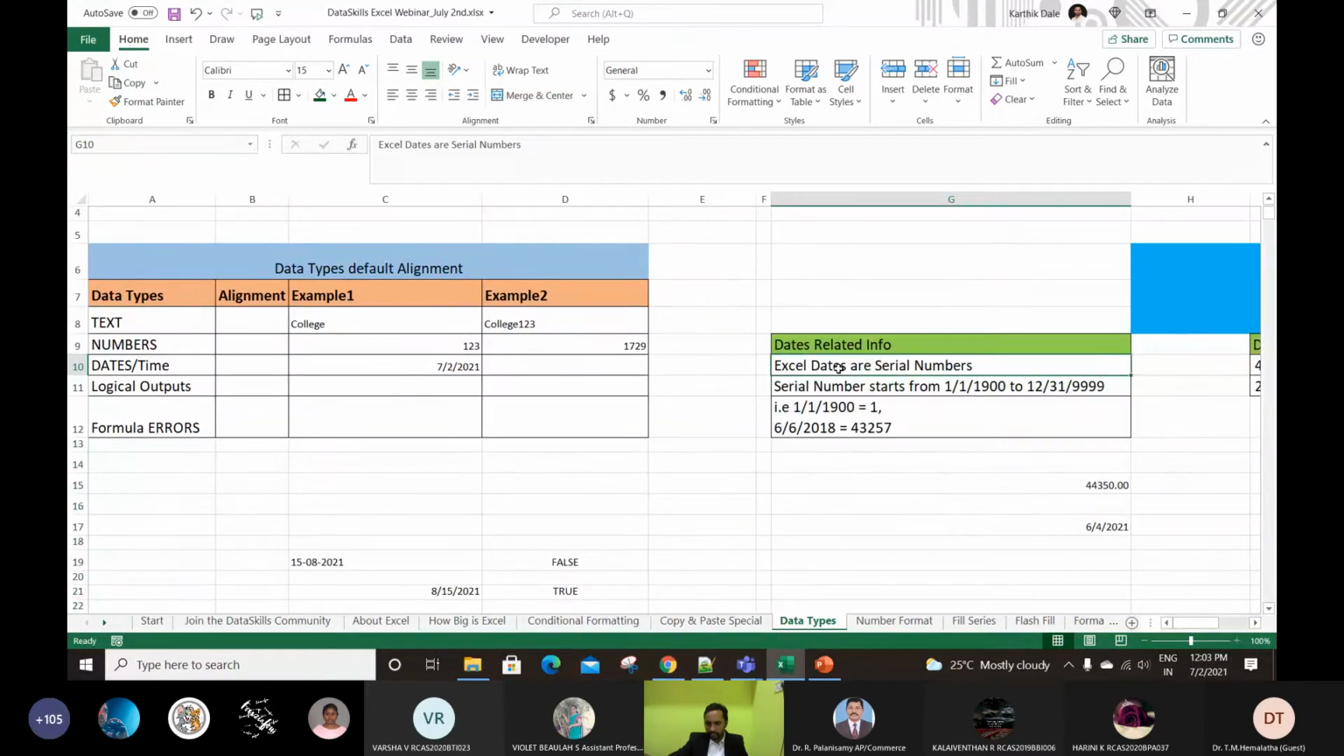Excel dates are sequential serial numbers. The date starts from 1/1/1900. So what you need to understand is that 1/1/1900 is serial number 1. Next day, 2/1/1900 is serial number 2, and so on. If you count that way, today's date is also one serial number. If you really want to know the serial number, you need not count from this date to today's date. The simple way is: